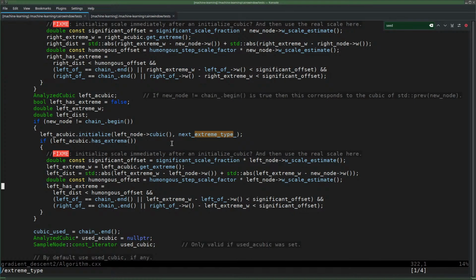But whether or not it is falling or rising has nothing to do with whether or not it has an extreme. If it is rising and then has a maximum, which is ridiculous, then this is still not set, because I'm really looking for the minimum here. This returns the minimum because that was passed. The minimum was passed to the initialize here. So if the minimum is outside of the range, then it is not set. It doesn't matter that it has a maximum that falls inside the range. Therefore, for the particular case that